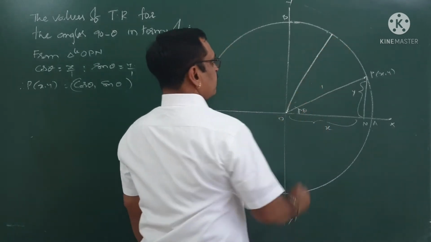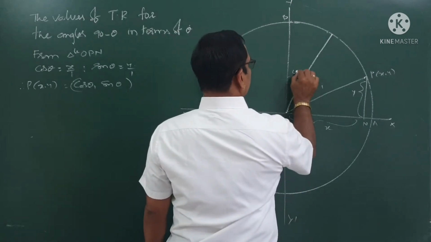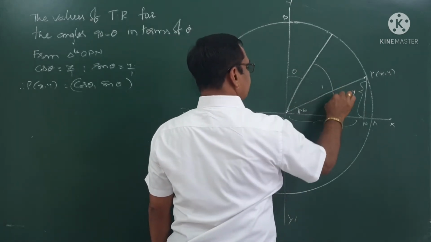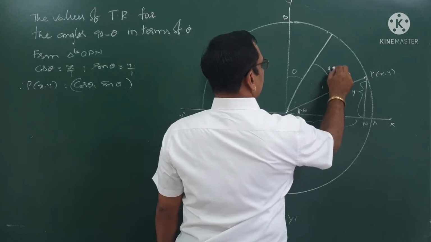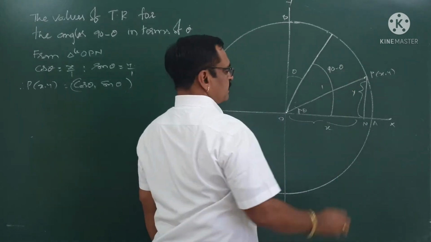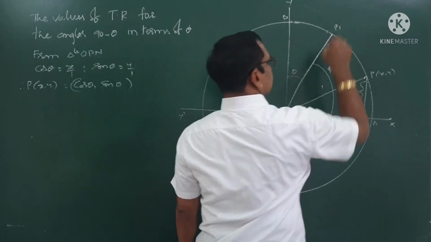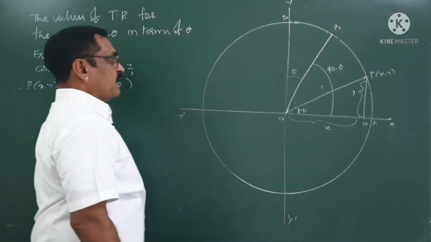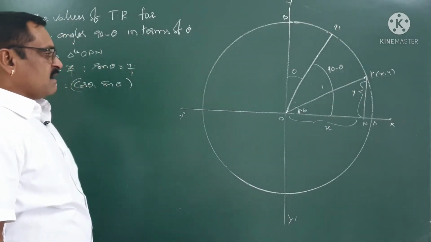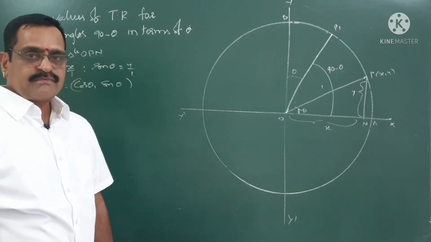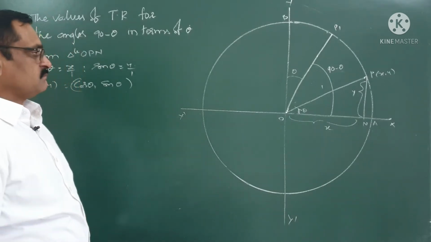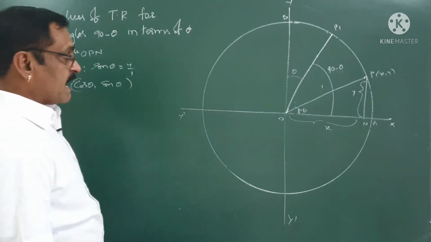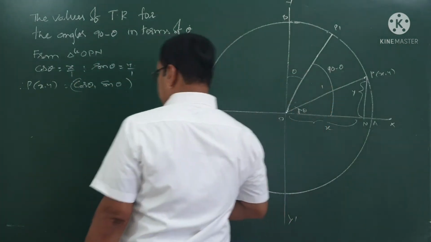Like this. That means if this is theta, then automatically this angle will become 90 minus theta. Let this be P1. So my OP1 is making an angle 90 minus theta with the x-axis. As per the concept, the P1 coordinates are